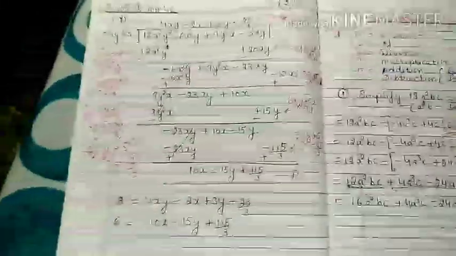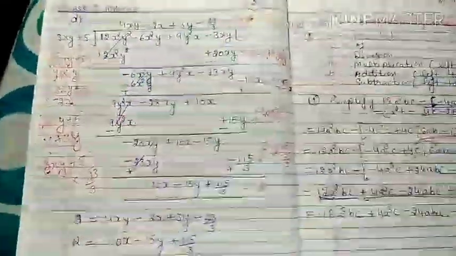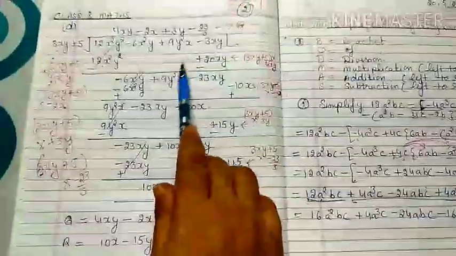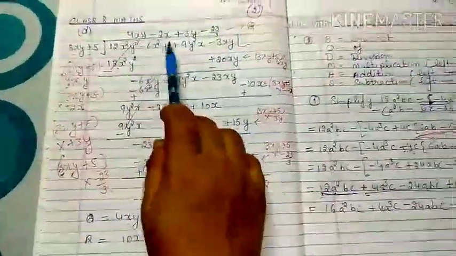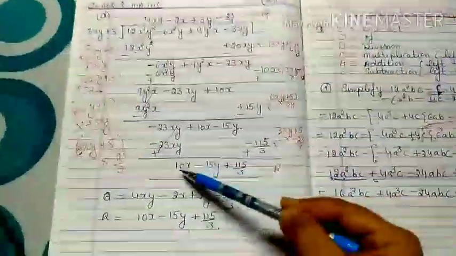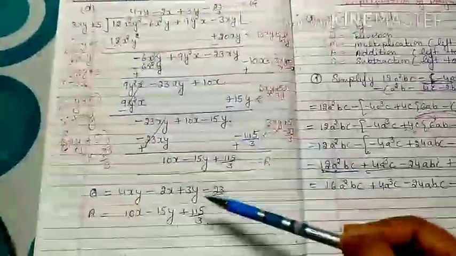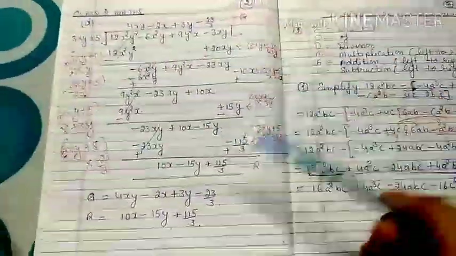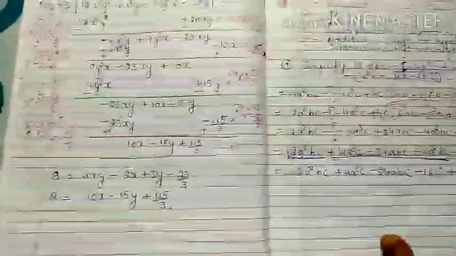Similarly, in your D part also, fifth question D part, when 12x square y square minus 6x square y plus 9y square x minus 3x is divided by 3xy plus 5 gives quotient 4xy minus 2x plus 3y minus 23 by 3, and remainder left is 10x minus 15y plus 115 by 3. If no further term is left, you can stop at this point of remainder. Now your sixth question is